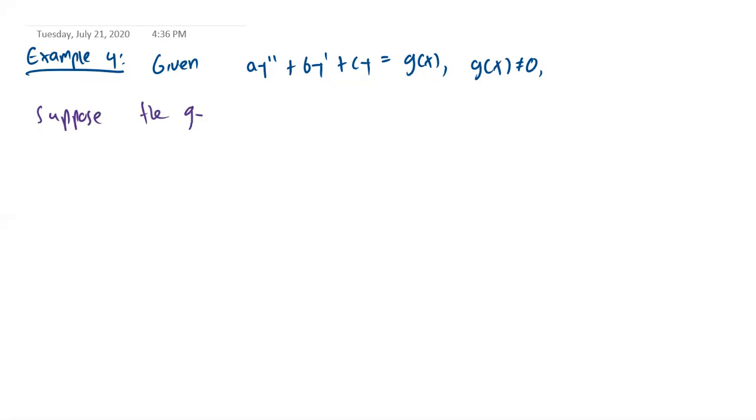So given ay double prime plus by prime plus cy equals g of x, with g of x not equal to 0, right? So suppose, I'm just gonna do it now, suppose the general solution to the homogeneous case is given by,